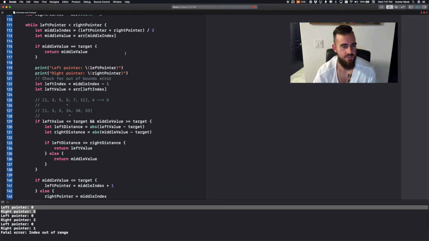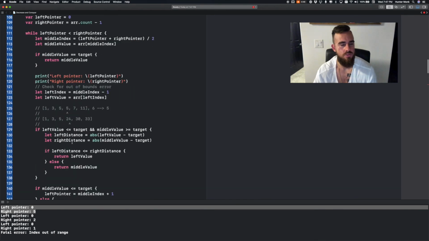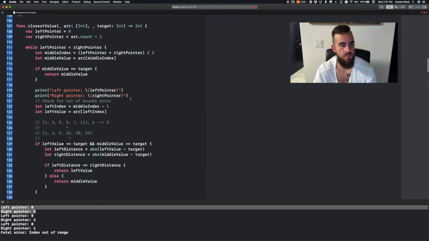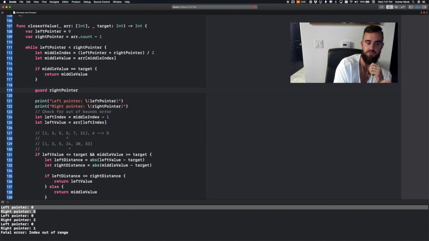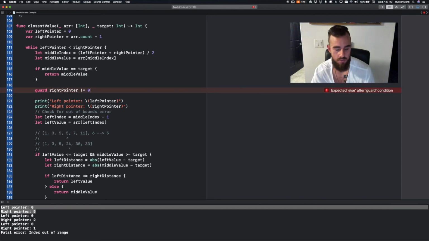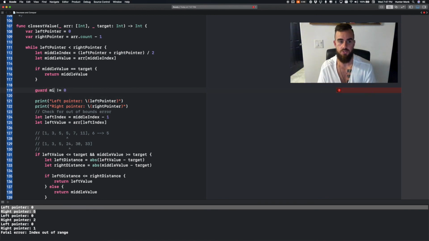So actually, we can just guard for this here. This is something that we kind of check for at this point. Well, we can guard for it here. So guard that the right pointer is not equal to 0. We know that if we've already gone all the way to the first item, that the first item is going to be the closest one. So guard that the middle index does not equal 0. If it does, we can just go ahead and return array 0,